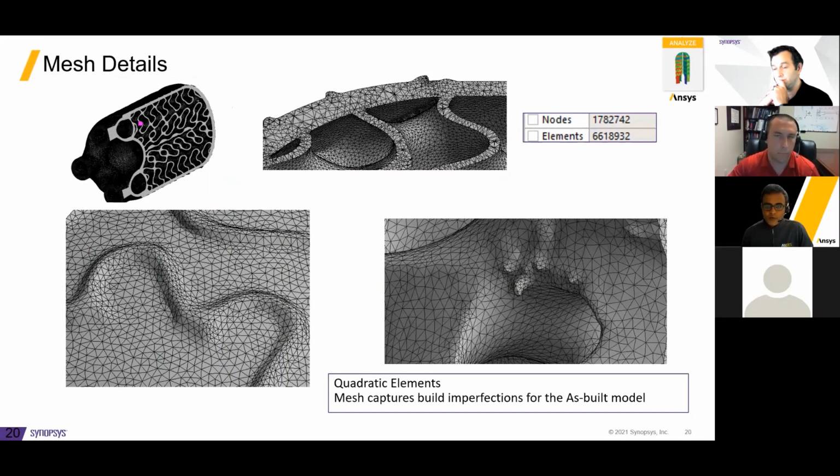So one thing to note about the mesh is we're going to compare now the as-built model to the nominal, or the as-designed, or the CAD geometry. And we want to make sure that the meshes are similar. And roughly we have about 1.8 million nodes and a little over 6.5 million elements. Note that the Synopsys mesh gives control over the through-thickness number of elements, and we can use quadratic elements to capture the details of the stresses in those thin walls, et cetera,